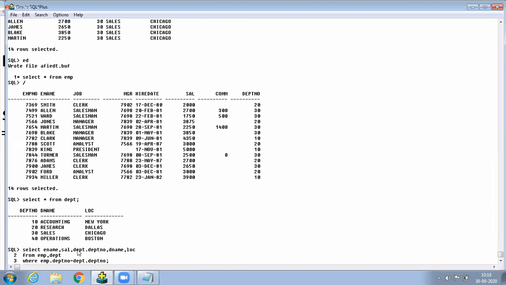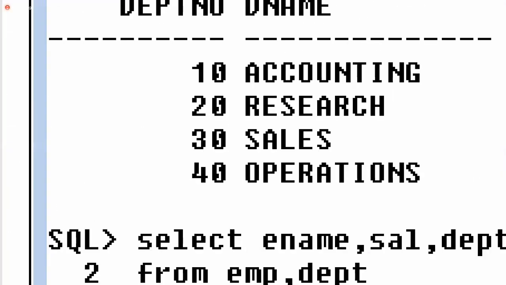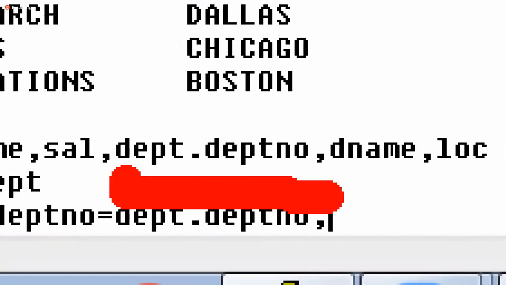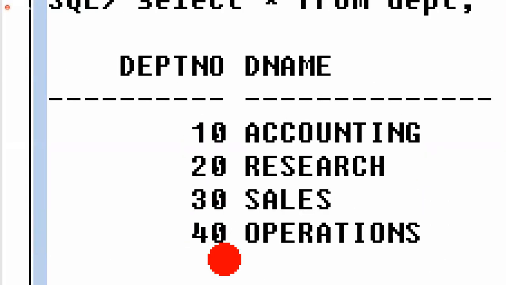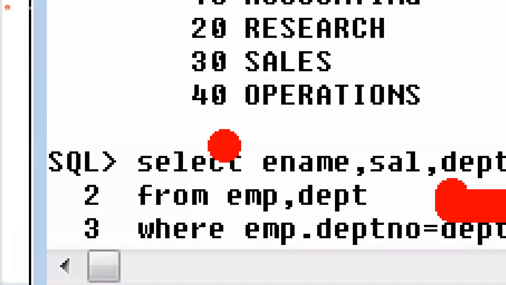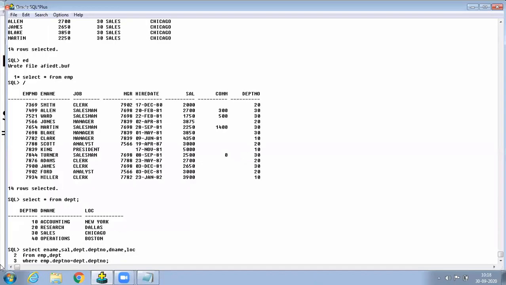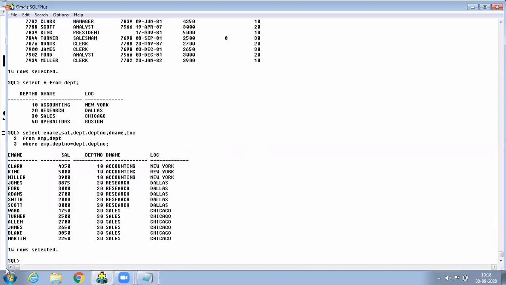Whenever I write like this, automatically we guess, oh, maybe since DEPT dot department number is written, the DEPT table's 10, 20, 30, 40 will also be displayed. We are thinking that, but unfortunately 40 does not display. There is a problem. And why? Because equi joins always retrieve matching rows only. Here 10, 10, 20, 20, 30, 30 match, 40 is not matching. That's why it does not display 40.